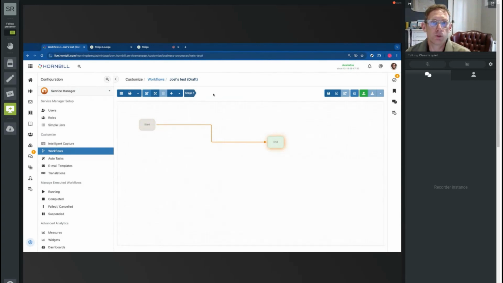Now, this workflow has one stage. So as I said, every workflow has to have a minimum of one stage. And from here on in, I can build out a workflow to be as simple or complex as I need for my business practice. So a few key things that I'm just going to introduce here today to start with